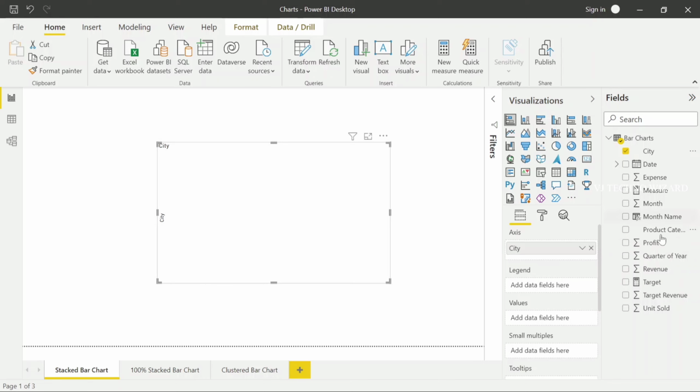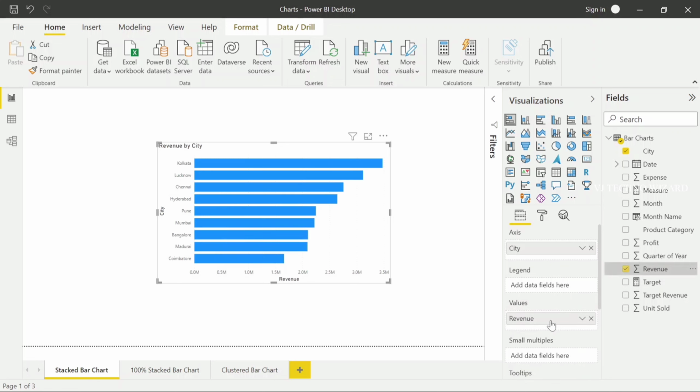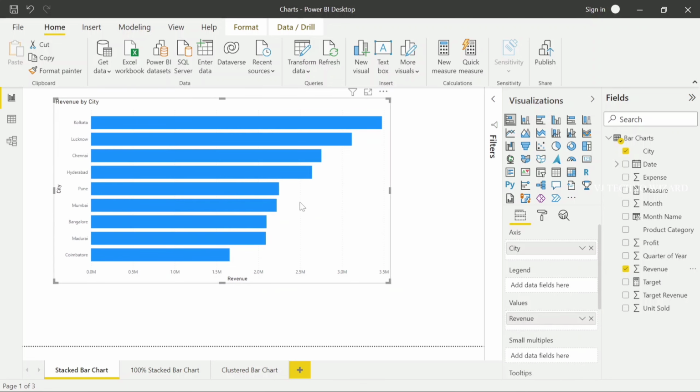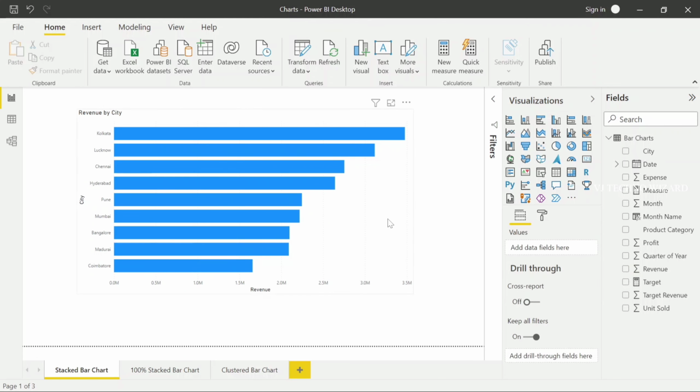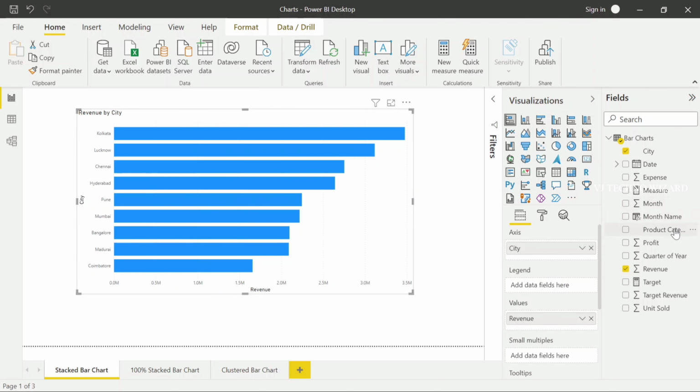In values I plot revenue. It shows how much revenue was generated by each city, and it shows in descending order. So Kolkata generated the highest revenue compared to other cities, and Coimbatore generated the lowest revenue. So we can easily compare which city has more revenue, which city generated less revenue, and the average revenue using this bar chart. Now I am going to plot product category in the legend part,